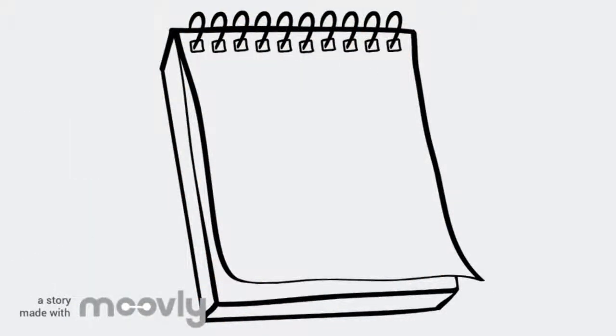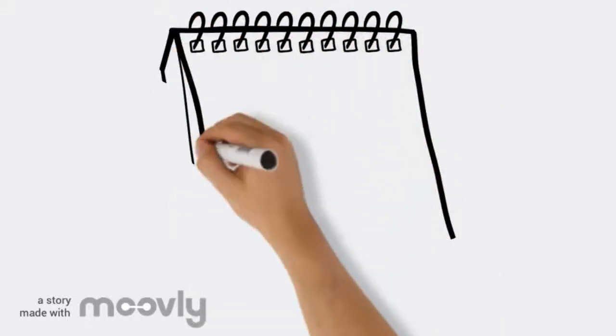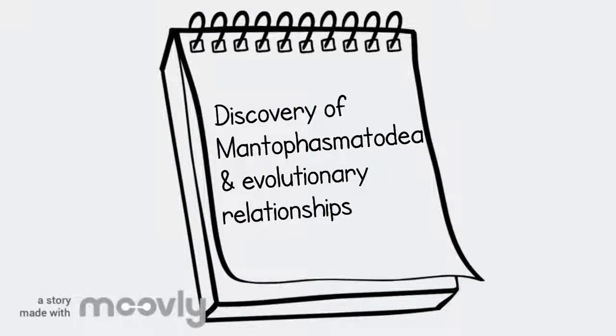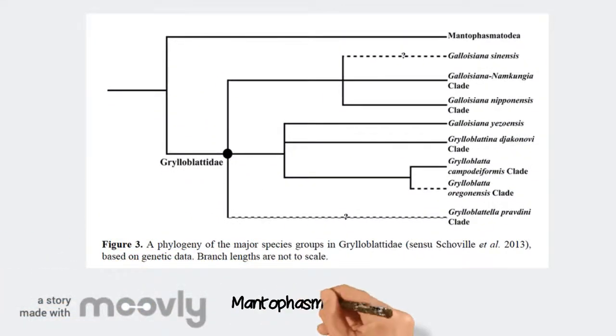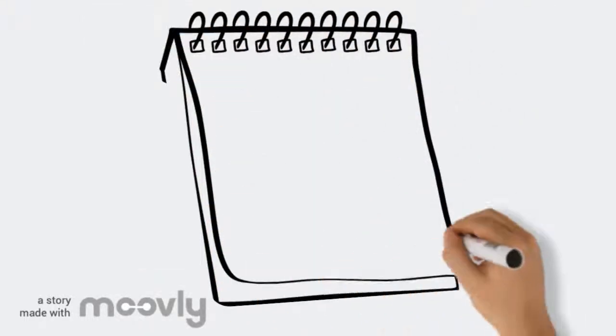Grylloblattodea was presented as its own order until very recently, comprised of a single extant family, Grylloblattidae, which has 5 genera. A new order recently discovered in Africa, Mantophasmatodea, has been analysed with Grylloblattodea through molecular phylogenetics and morphological studies of attachment structures, which supports the 2 groups being sisters. Eventually, a clade comprised of Mantophasmatodea and Grylloblattodea, called Xenonomia, was suggested and supported, which was then supported by multiple